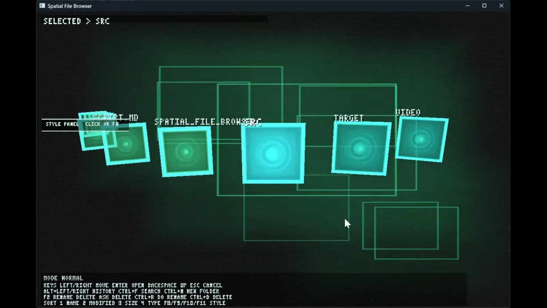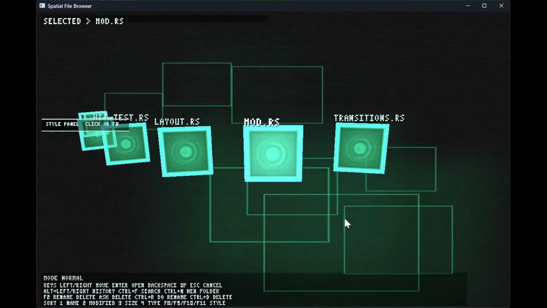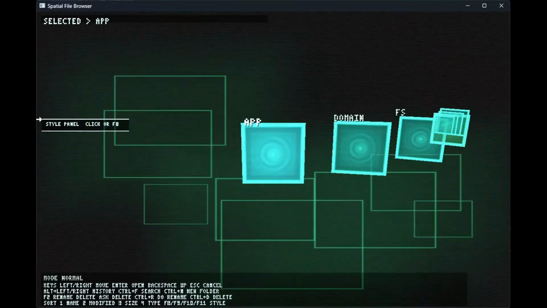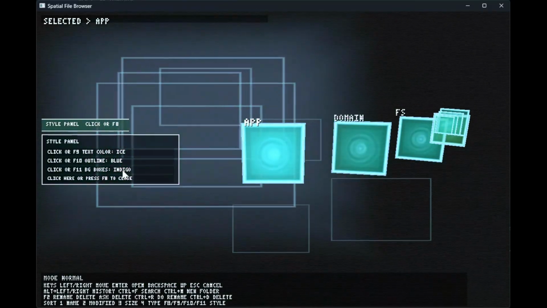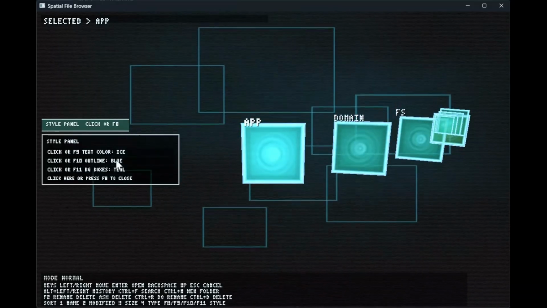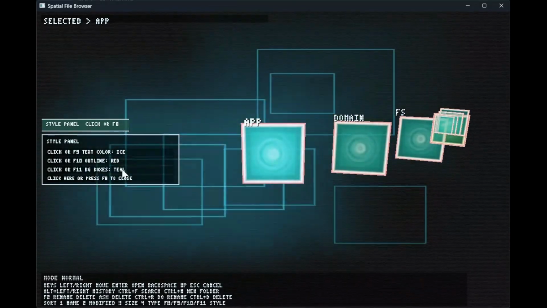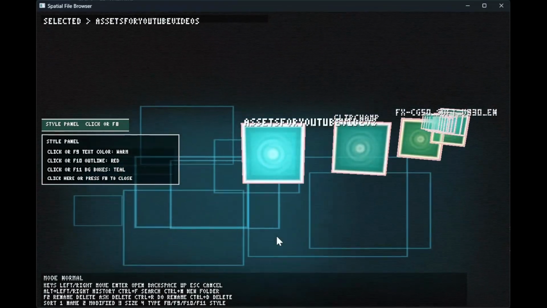Today we are diving into a Rust app that turns your file system into a holographic Rolodex. Instead of showing files as one more flat list, this app arranges folders and files like glowing spatial cards in a curved deck. You can browse directories, open files, move through history, sort, filter, create folders, rename items, delete entries, and restyle the interface. But the whole thing feels less like a normal file explorer and more like operating some